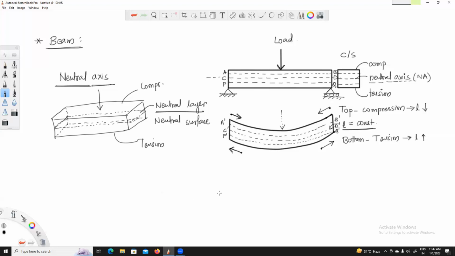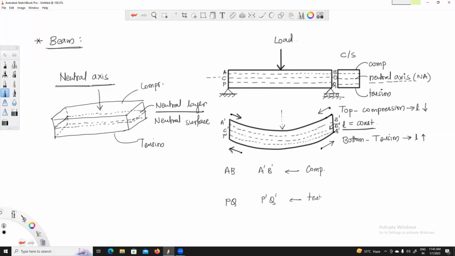Now if you look at the fiber AB, it has become A dash B dash, and this is under compression. If you look at the fiber PQ, it has become P dash Q dash,